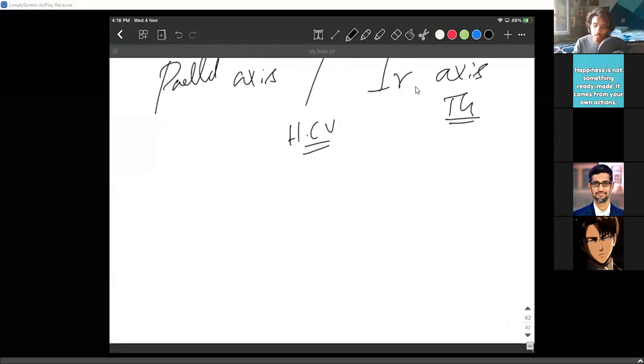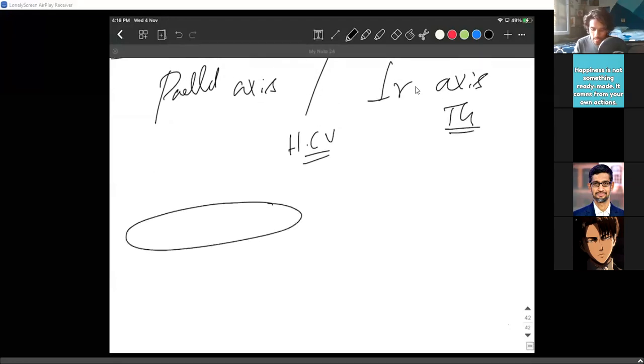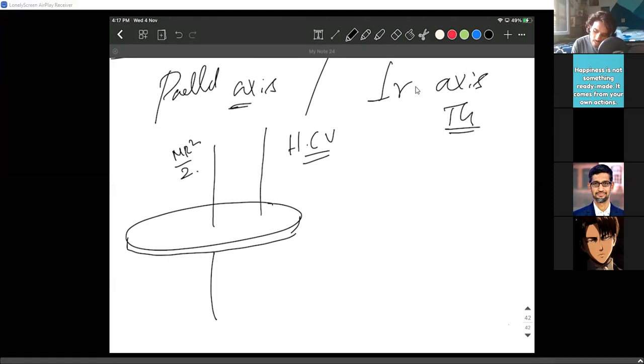The theory is very simple. In the parallel axis theorem, let us say you have a disk, or any body, it's fine. About this axis, the moment of inertia is known as M R square by 2. The parallel axis theorem says if you take another axis at a distance d from the center of mass, this is the center of mass, you're going away from the center of mass, parallel to the axis. That's why it's called the parallel axis theorem. The moment of inertia is simply M R square by 2 plus M d square. This M d square is additionally added in the parallel axis theorem.